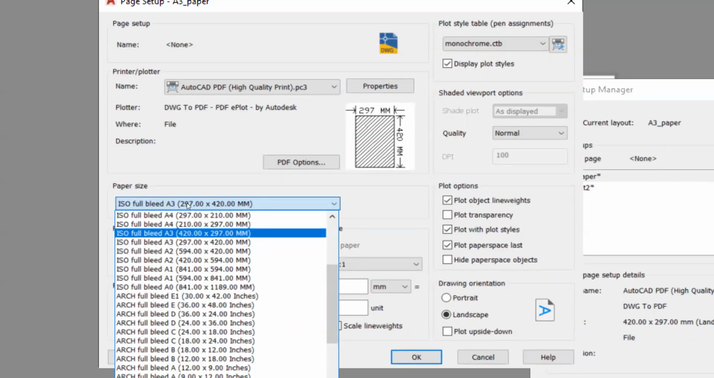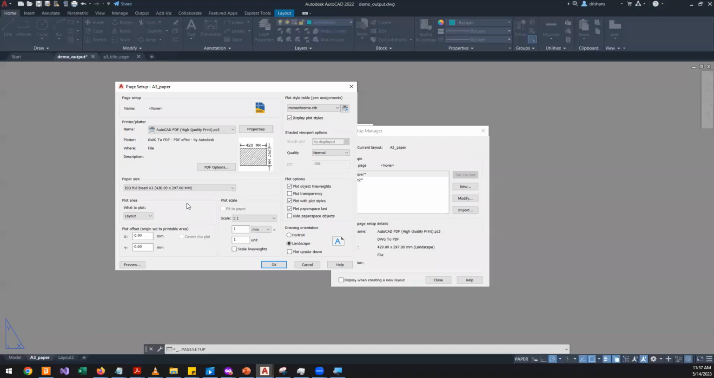This one, A3. Okay, so you select the plotter, you select the paper size, and what to plot. This should be set to layout. By default it is set to layout, so don't change that. And here, keep it at 1 to 1. There are times where you change this scale, but when you are plotting with the paper space, we don't usually change this scale. So set it to 1 to 1. And finally,